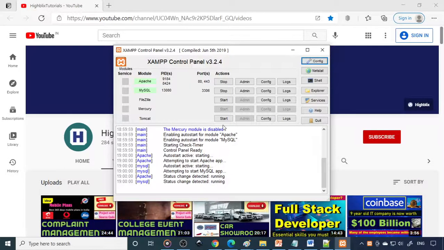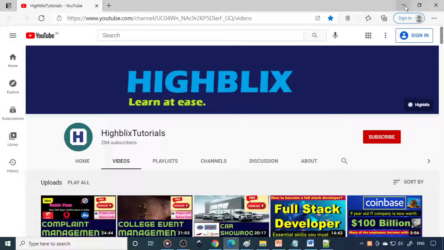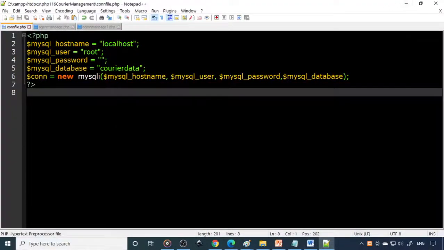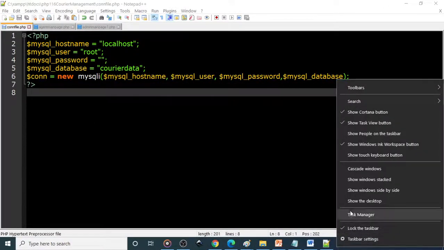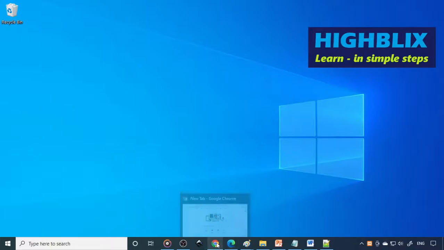If there are errors, if the server is not running properly, then running the whole project is difficult. Therefore you need to download the XAMPP server and then run it. Even a video is available on how to download and run. So please watch that video also. The next step is to go to the browser. So start the browser.